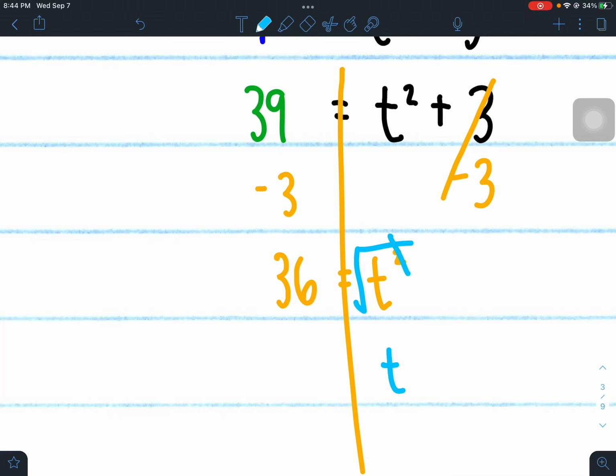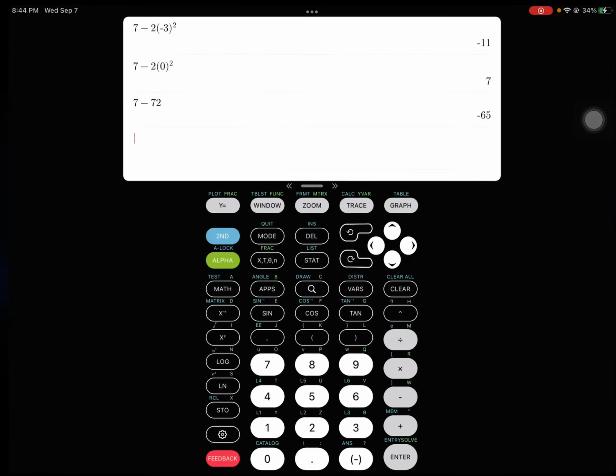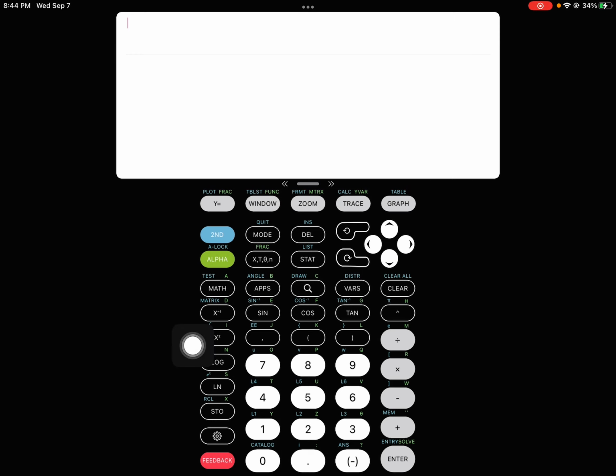But anything I do to one side, I have to do to the other side. So I also have to square root the other side of my equation, square rooting 36. Well, what is the square root of 36? Some of you might already know the answer, but if you don't, your calculator is super helpful for this. So